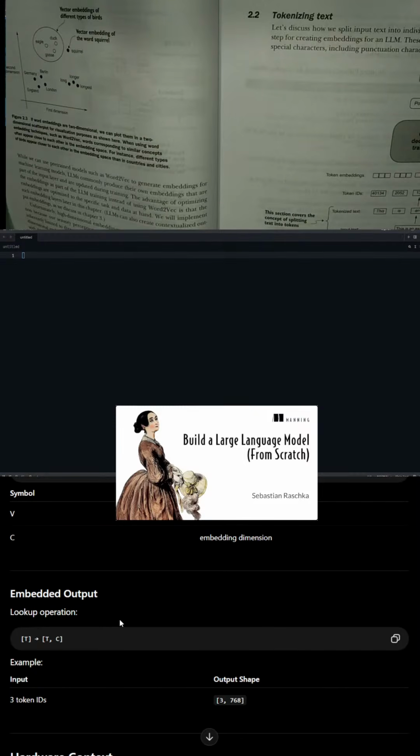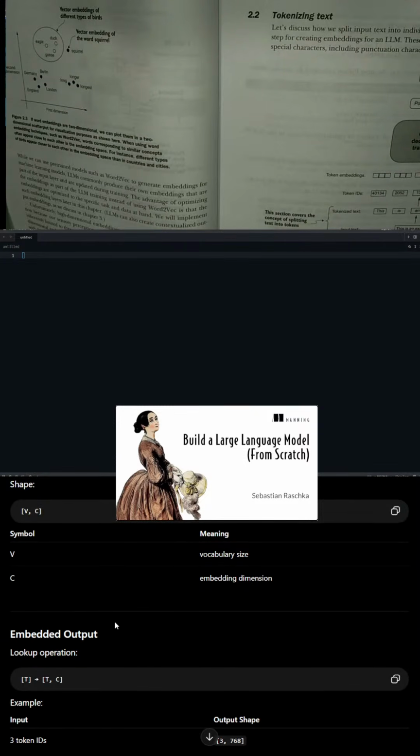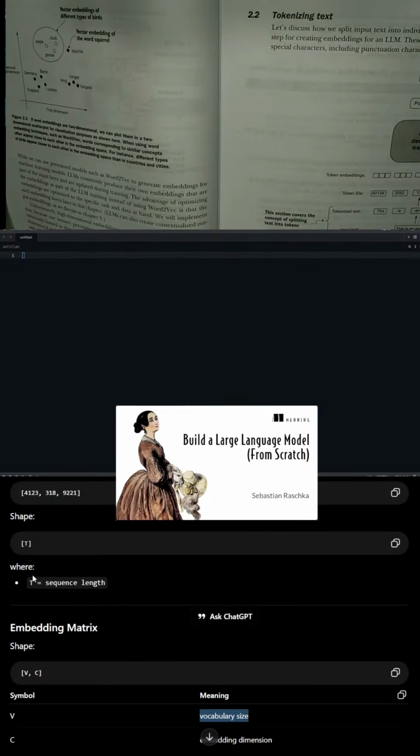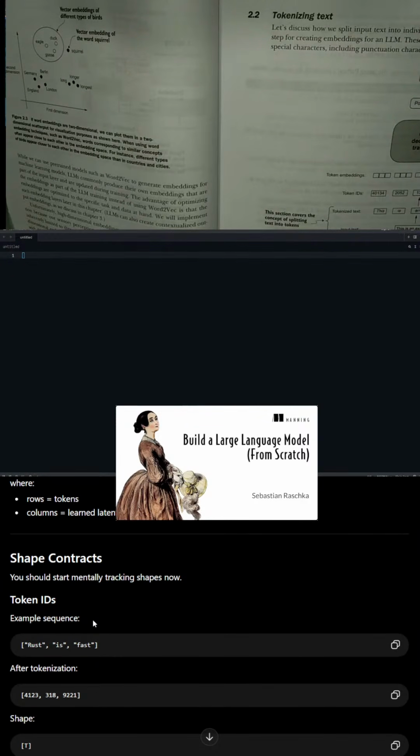Vocabulary size, embedding dimension, token, and then context. Ano yung C? Okay. V is vocabulary. T is sequence length pala siya. Di pala siya token, sequence length. So tama, token pala siya. After tokenization,